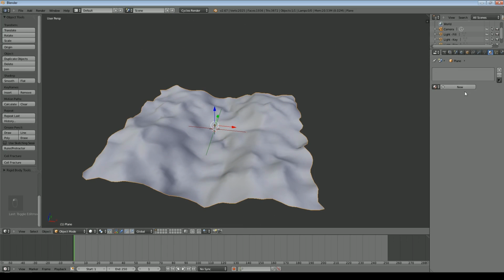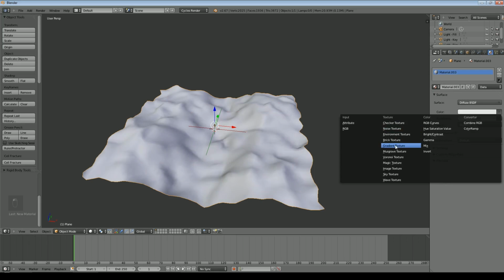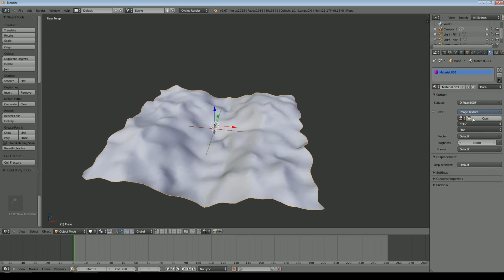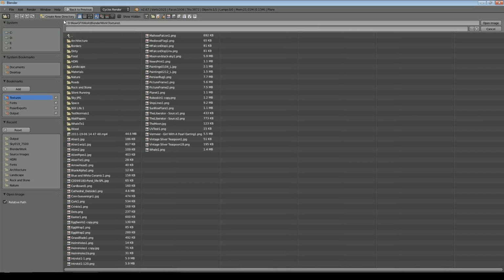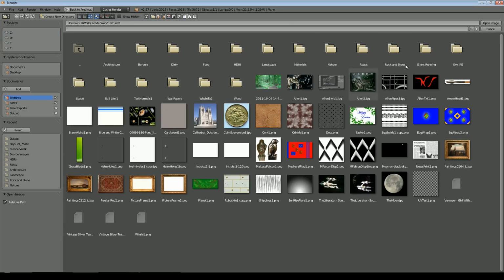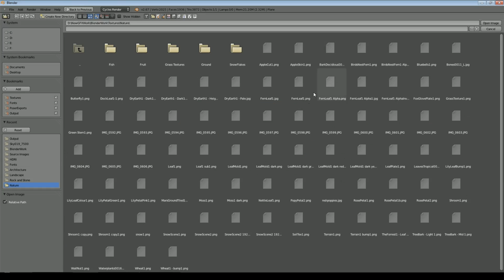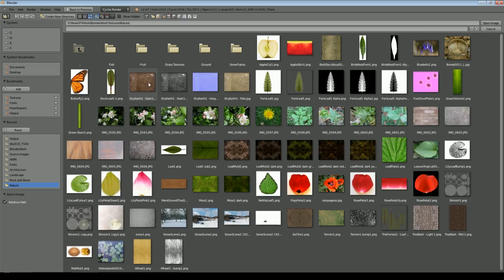It's going to be a fairly simple texture to start with, and it's just going to be an image, and I'll open up my textures, and you can download many of these from CG Textures and similar places, or you can use your own photographs. And I've got some ground textures and things like that, but I like for these sort of scenes to use sort of leaf mouldy sort of texture. I created these myself. For this one I think I'm going to use this one here.